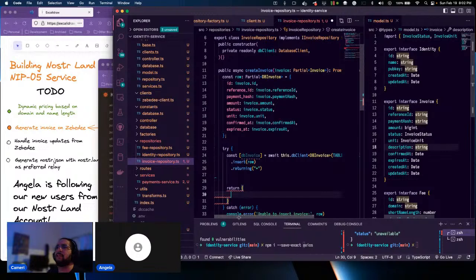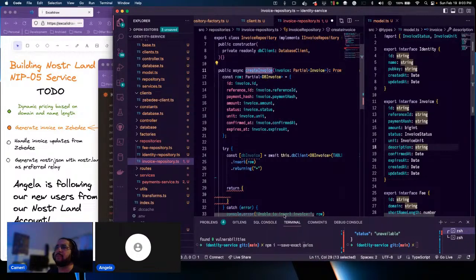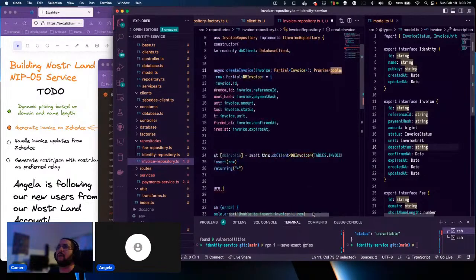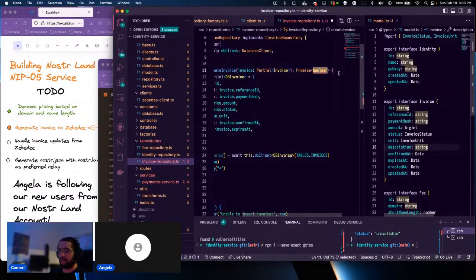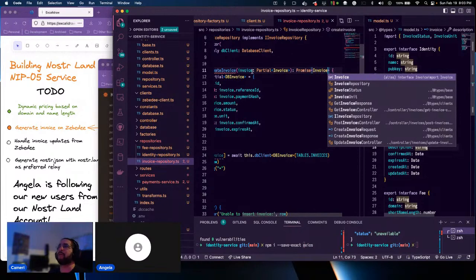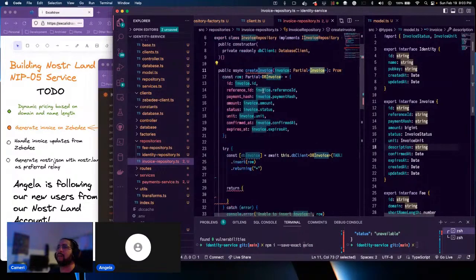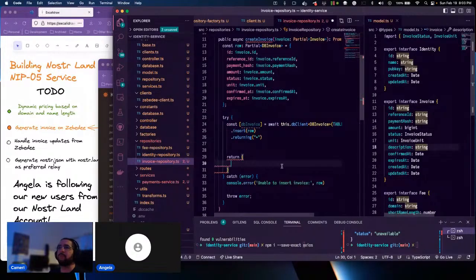I need to change the type of this interface, create invoice. Instead of being a Boolean, I'm gonna make it an invoice. So a full invoice. So you send a partial in, and you get a full invoice back. So because I did this mapping here at the beginning, I need to do the opposite now. So I was mapping from camel case to snake case. Now I need to do the inverse. It's tedious. I should probably have a utility function somewhere to do this, but just for the sake of,